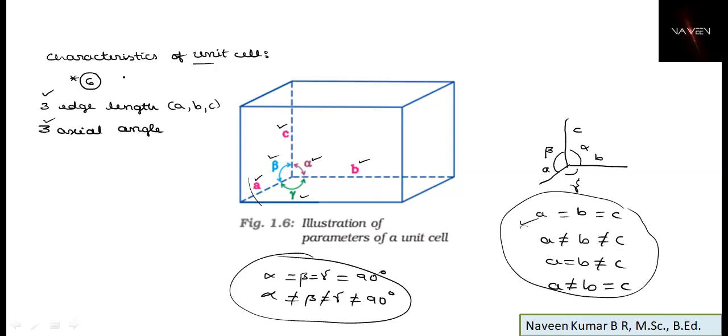Now, based on this information and the constituent particles, if you consider here, this will have one particle like this. This edge is one particle. This edge will have one more particle. What I am saying is this is one edge, this is one edge, and with respect to this edge there will be one particle arranged like this, and for this there will be one particle arranged. So like this, you are going to see the arrangement of constituent particles. Now, based on this kind of arrangement, we'll learn how unit cells are classified.